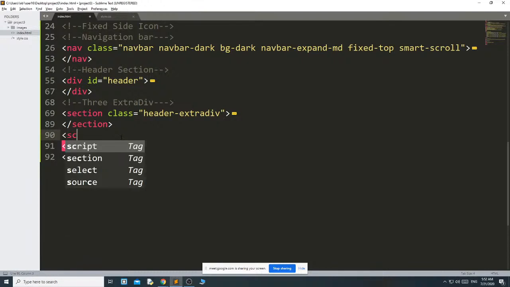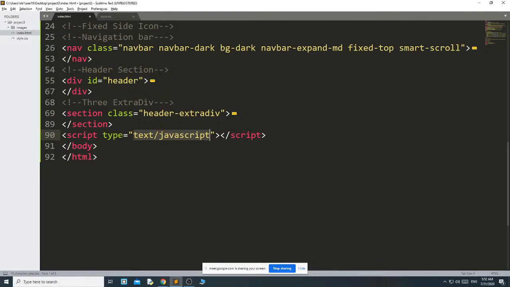Here, to write the jQuery, you have to use the script tag, because your jQuery always goes inside the script tag. Okay. Inside this, we are going to write the jQuery.